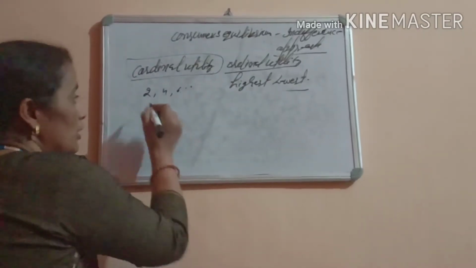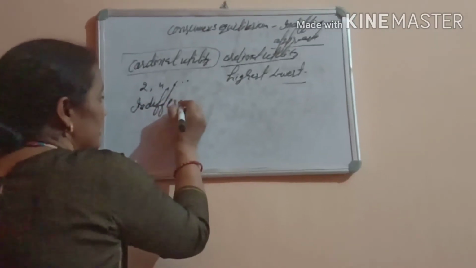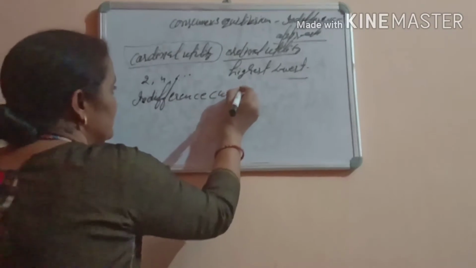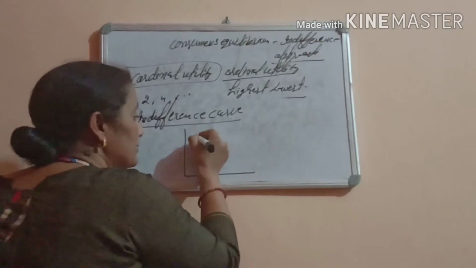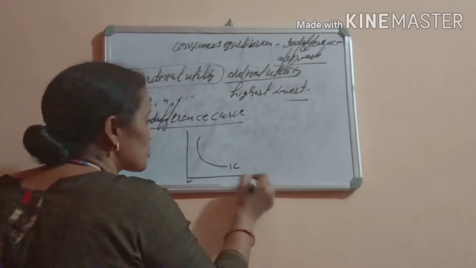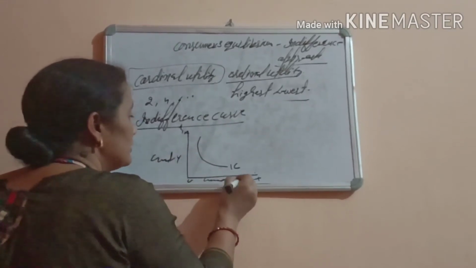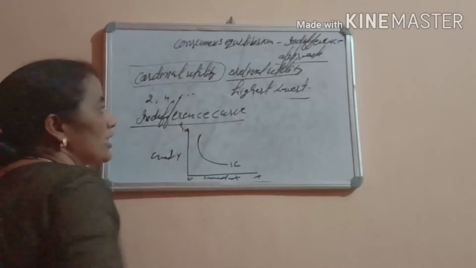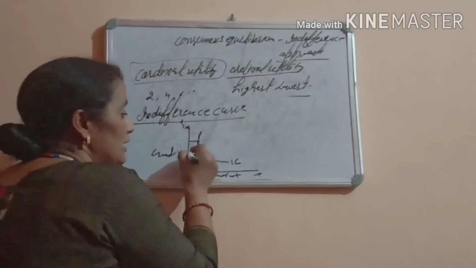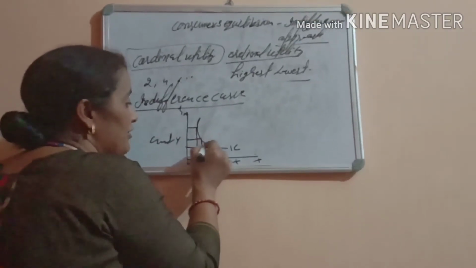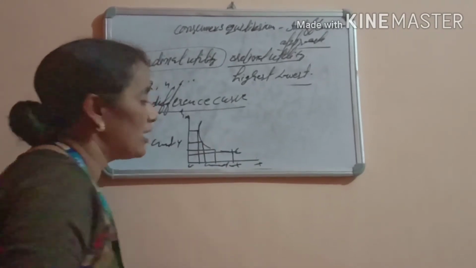Then first of all, what do you mean by the indifference curve? The indifference curve is convex to the origin, with good Y and good X. यानी ये क्या शो करता है? इंडिफरेंस कर्व shows the different combinations of two goods at which the consumers are indifferent, or which provide the same level of satisfaction to the consumer.